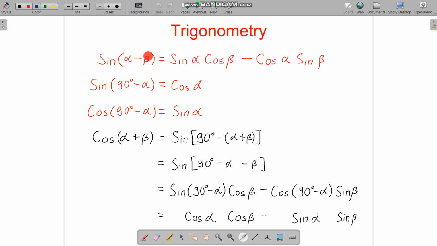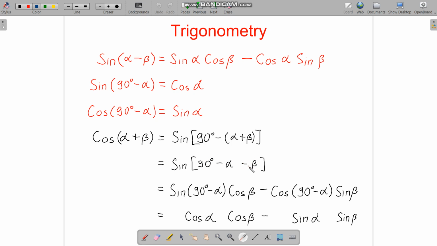And now using the second formula and using these basic formulas, sine 90 minus alpha is cos, cos 90 minus alpha is sine, we can prove the cos alpha plus beta formula. Now cos alpha plus beta is the same as sine 90 minus alpha plus beta, and if we expand the minus alpha minus beta,